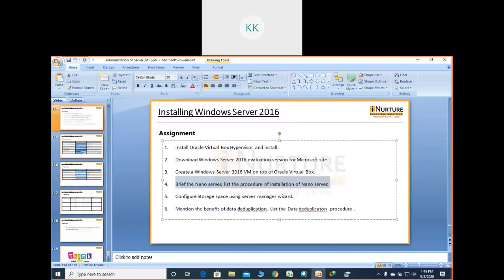Make it with pen and paper, then make images or a PDF and submit. I will give you the Google Drive link. Briefly list the procedure of installation of Nano Server.